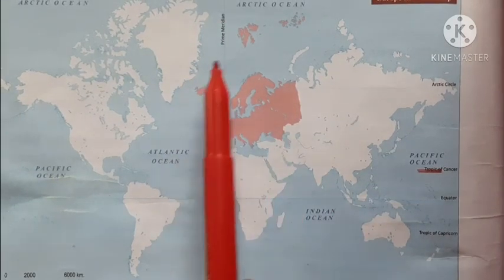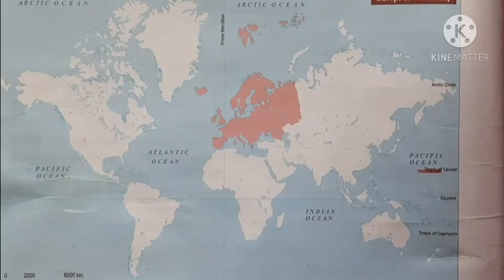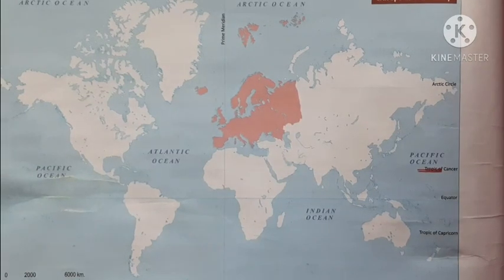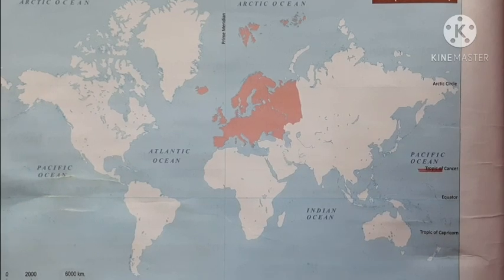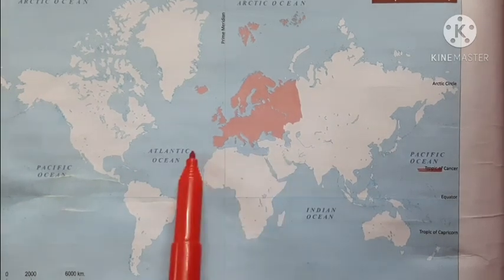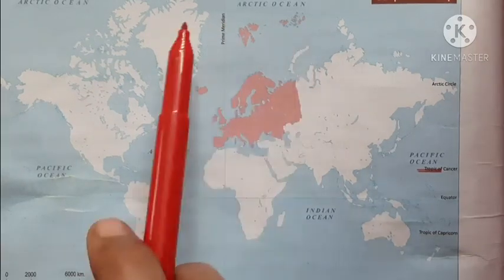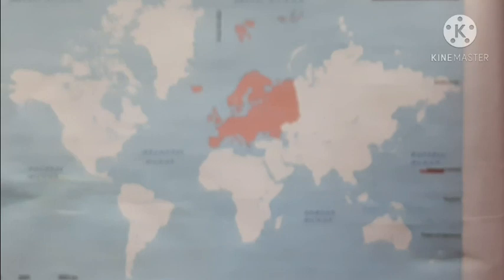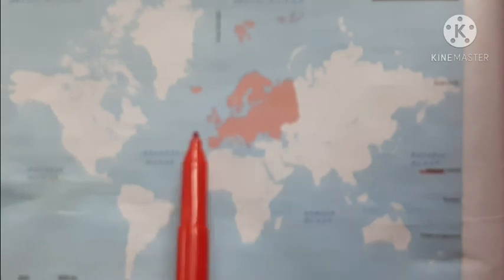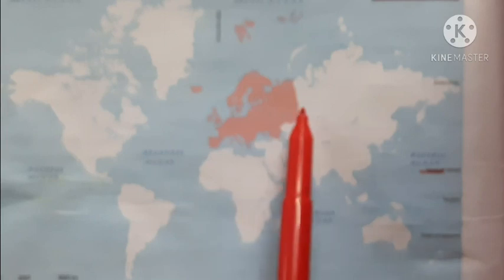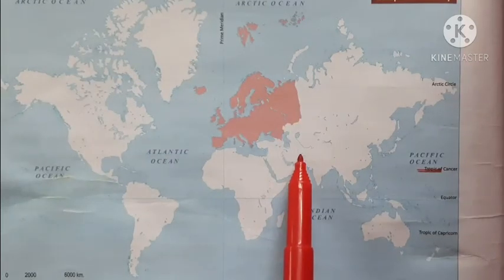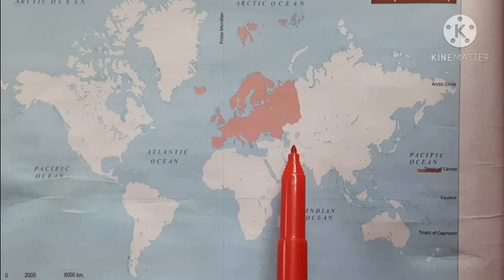You can see it has a centralized location as it is in the temperate region. This region experiences the most favorable climate. Favorable climate means it is not too hot, it is not too cold, a moderate climate. Then the latitudinal location is between 36 degrees north to 73 degrees north. Longitudinally it is located between 25 degrees west longitude to 64 degrees east longitude, that is the longitudinal location of Europe.